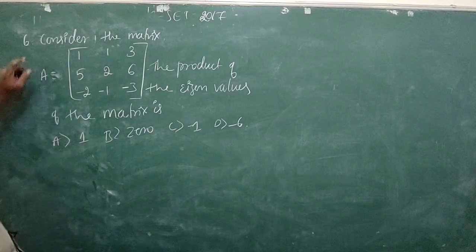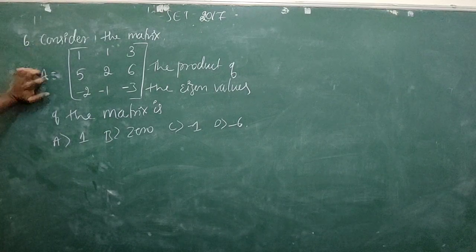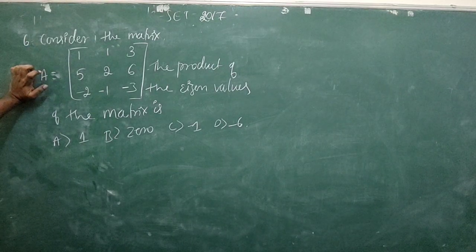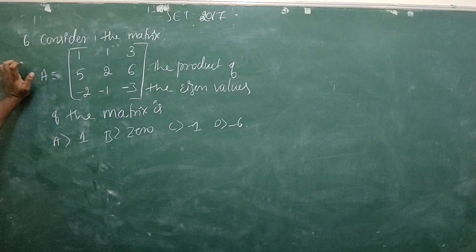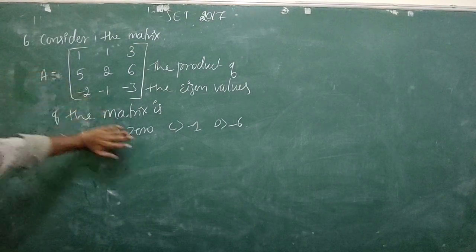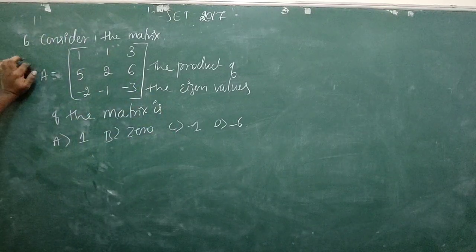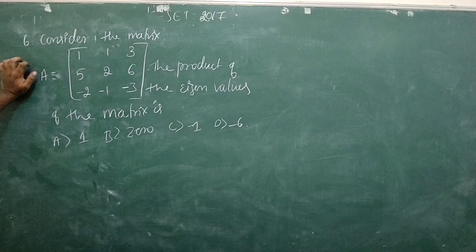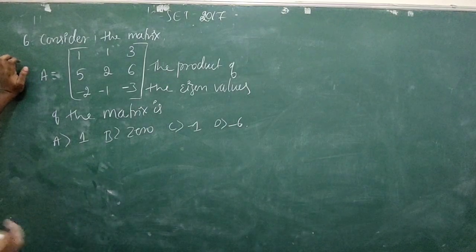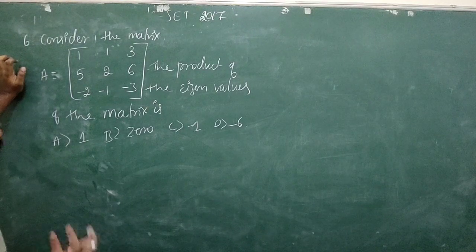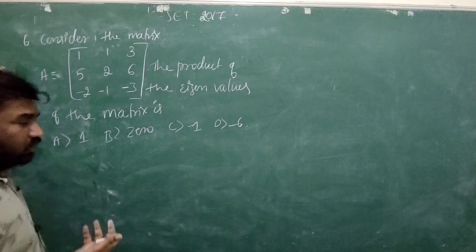So this is the question given. Consider the matrix A is equal to 1, 1, 3, 5, 2, 6, minus 2, minus 1, minus 3. The product of the eigenvalues of the matrix is to be calculated. See, we know that if we multiply the eigenvalues, it has to give the determinant of the given matrix. So,